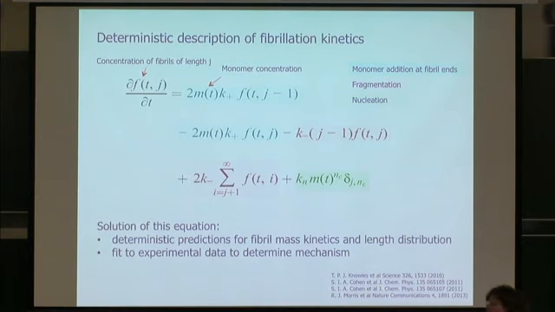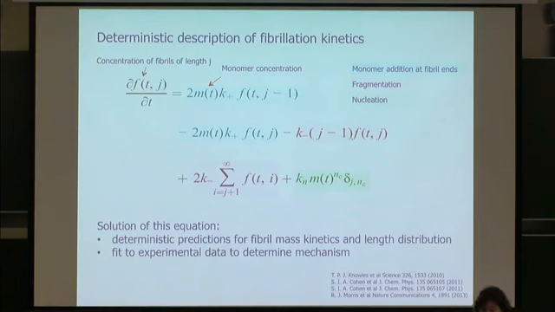Under some circumstances, when you make various approximations, you can actually solve this equation, and that gives you a deterministic prediction for the kinetics of growth of the fibril mass, which is what you measure in this plate reader experiment, and also to some extent for the length distribution of the fibrils, which you can also measure in